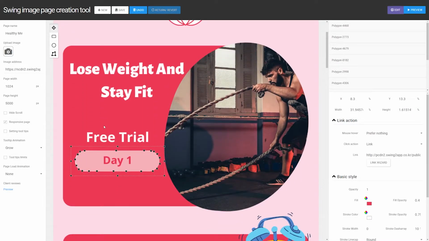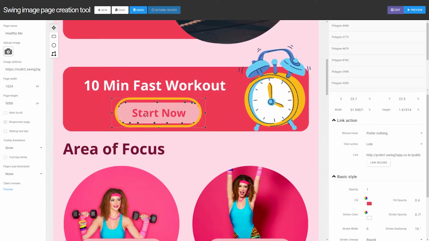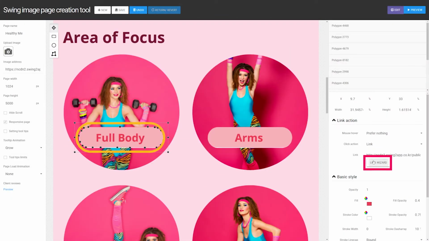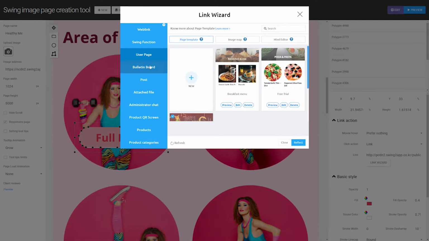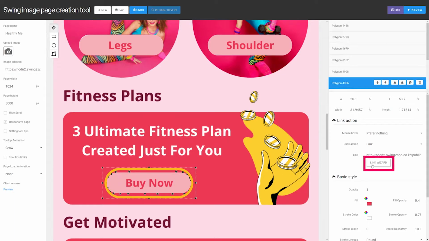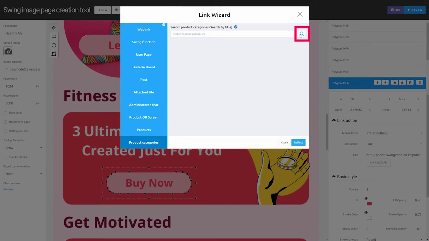On our home screen, we will have the free trial option. Here, we link the created templates with it. For our next option, named as Fast Workout, we link our created bulletin board. Now, moving on to the area of focus menus, one by one we will link required bulletin board with each of the menu options. For the fitness plan, we will link our digital category in which all of our fitness